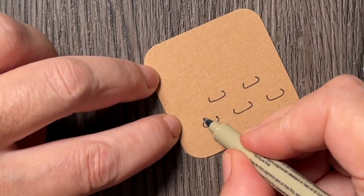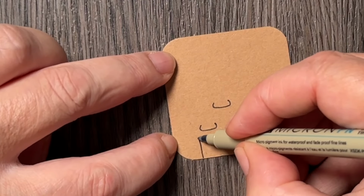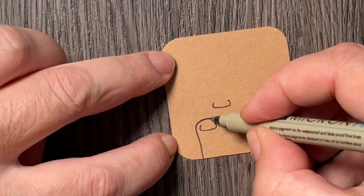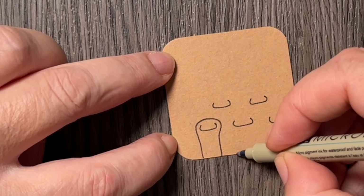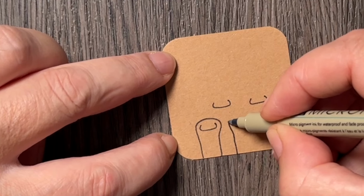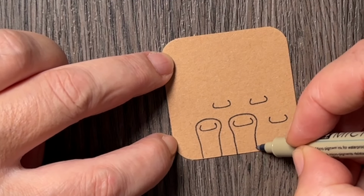Then I will just draw a shape that basically frames it. And it's just a little bit thicker on the top. And I will say that I have a lot of respect for Tomàs and